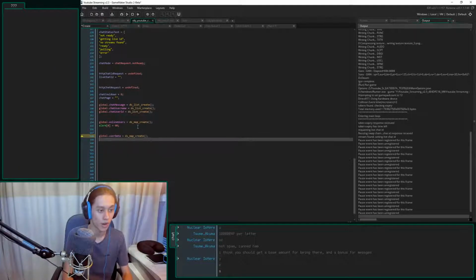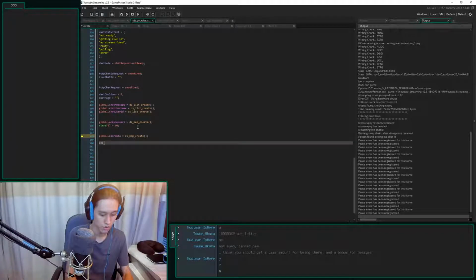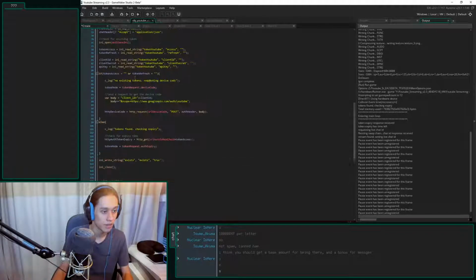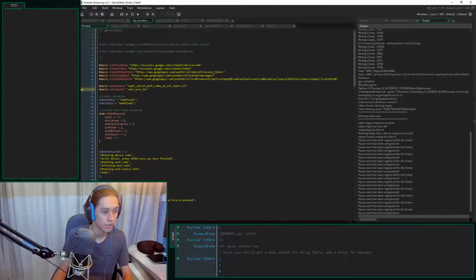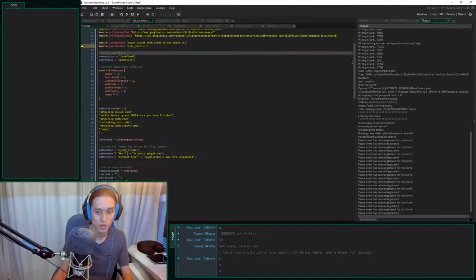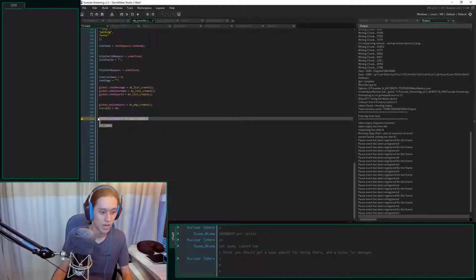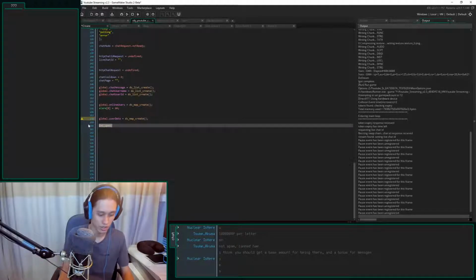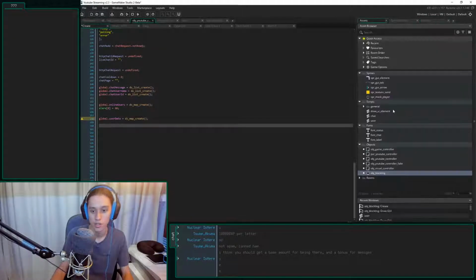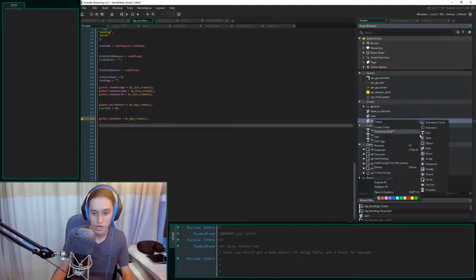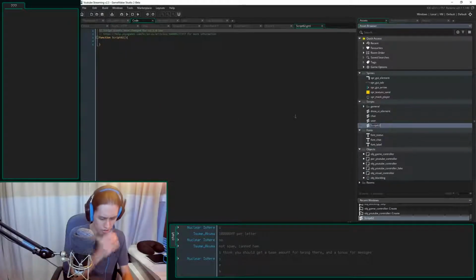And when I create you, I'm going to need to open my INI. What are you called? You're called user save.ini. So I want to load, this should be in a function, actually. This should be in a function. Let's create a new function. Create a script and call you user data.